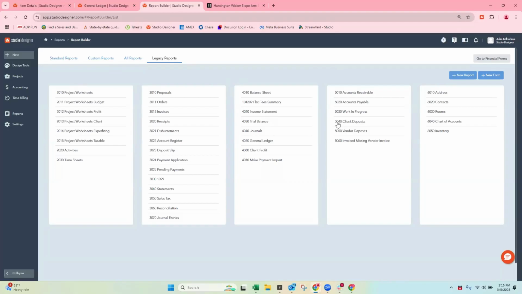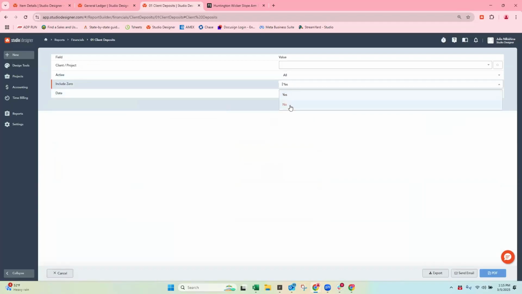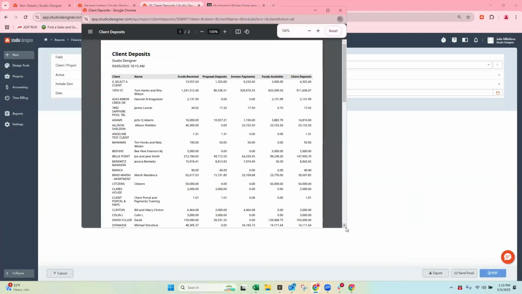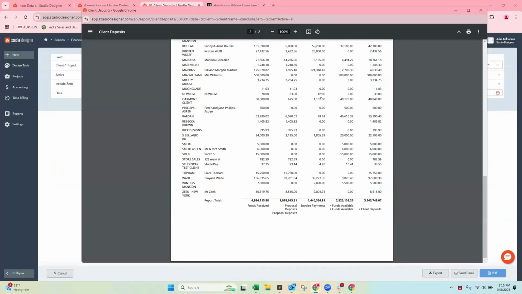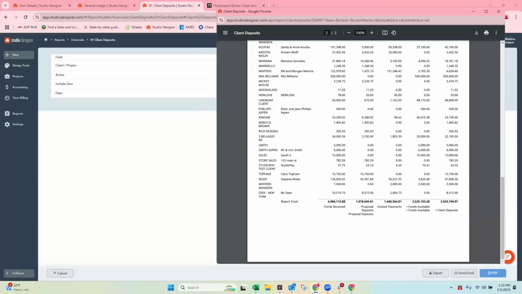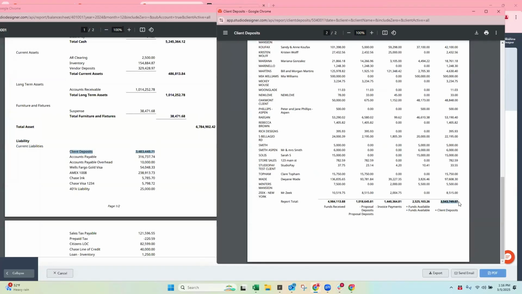And in this section, there's this really fantastic report called the 50/40 client deposit. If you click on this report, filter out your zeros just to be efficient, and PDF it. So now you see your totals. I'm going to warn you, our totals don't match, and that is not okay, but it just means that we haven't done a good job on the accounting side. But your totals should match. So if I pull a detail of this account here, the same number should appear, and it doesn't.